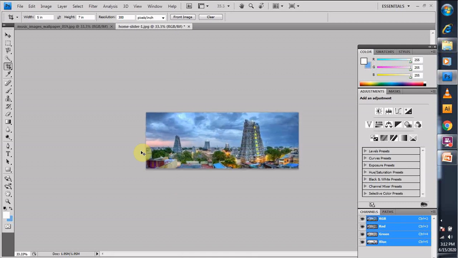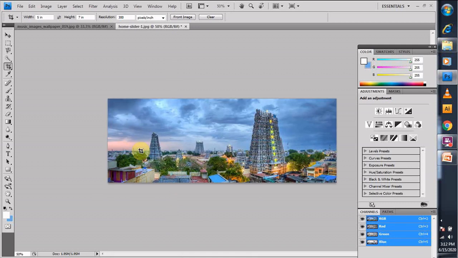So this is the use of the crop tool, and I hope you like this session. Tomorrow we'll discuss the slice tool and the slice select tool, and these are very interesting tools. I know the slice tool is known as just a knife tool that we use to cut off the image, but we can arrange that cut off image in a very best and beautiful manner. So we'll discuss this tomorrow. Till then, I hope you like this session.